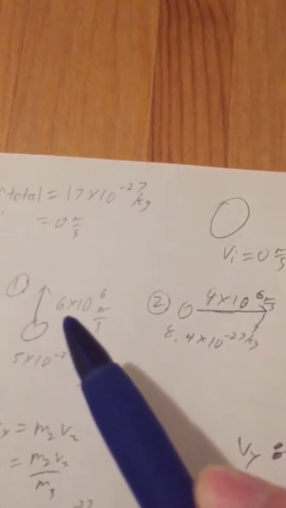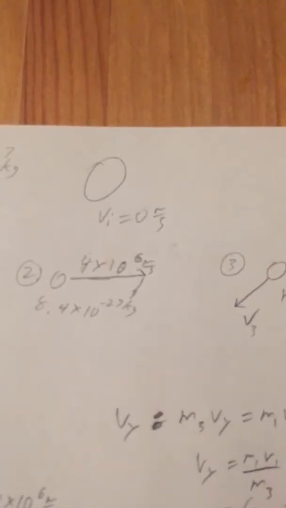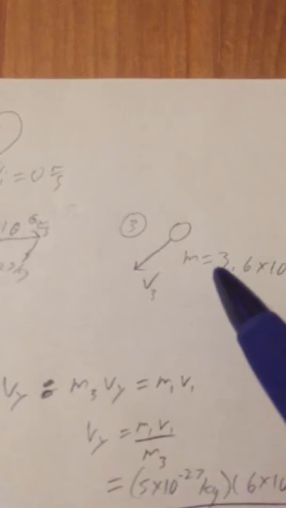But with the conservation of momentum, we know that it has to add with the velocity in the y direction to make 0, and the velocity in the x direction to make 0. So we're just calculating the velocity for that mass with equal momentum to both of these to cancel it out. So